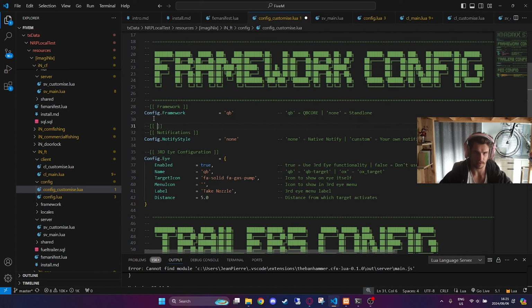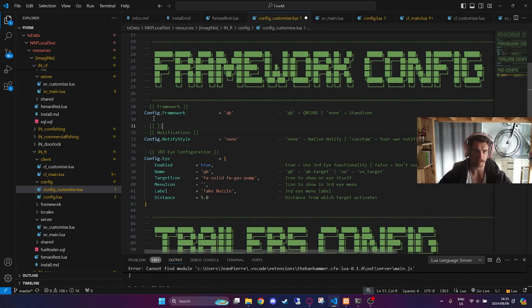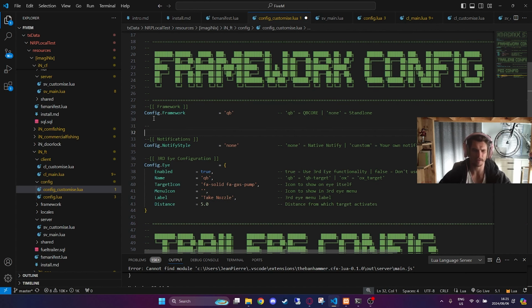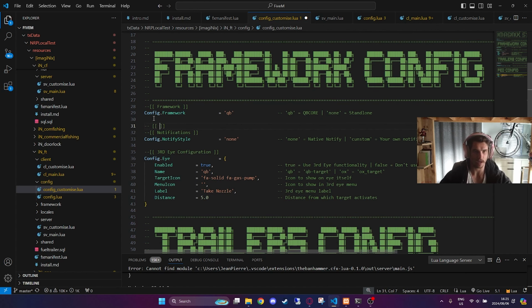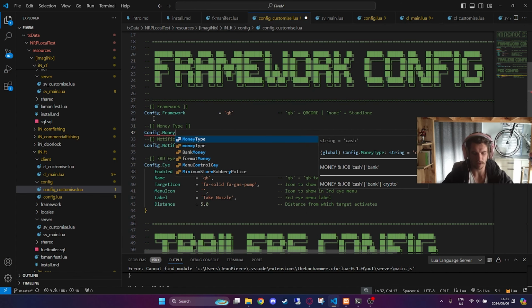For those who didn't know, the double square brackets is for multi-line comments, whereas the two hyphens is just for single line commenting. Right, and this I'm just doing to make it look nice. Right, money type, right. Over here we do config dot money type,